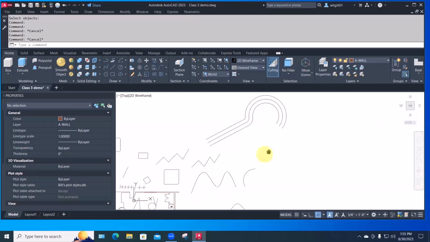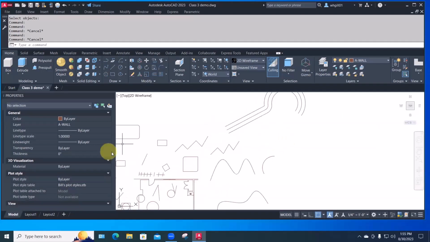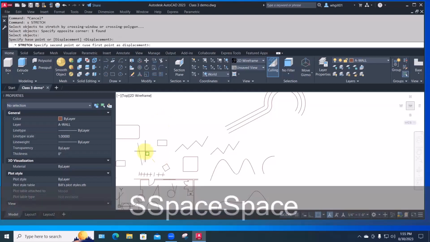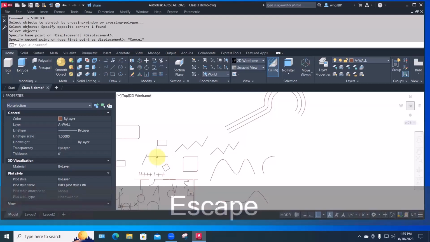And lastly, at least the last one on this page, is the lengthen command. Let's say I wanted this to keep on going for a while. I don't really have anything for it to hit, but I just want to see it longer. If I use stretch, I can't control its angle. But if I use lengthen,